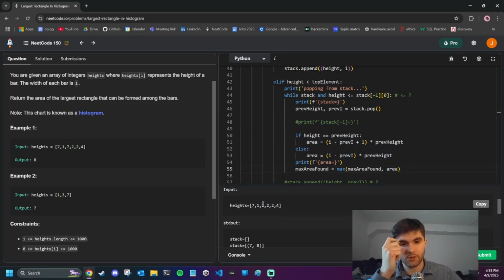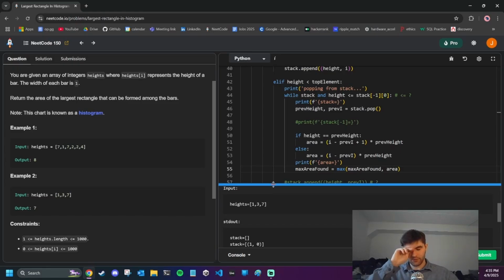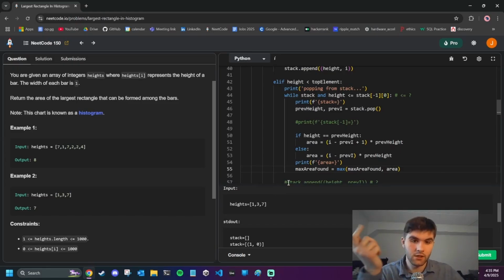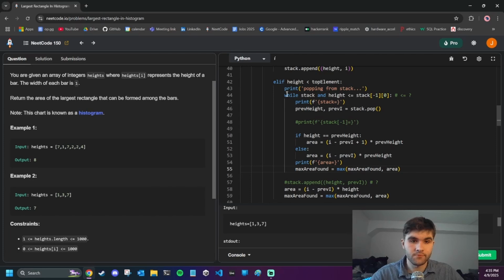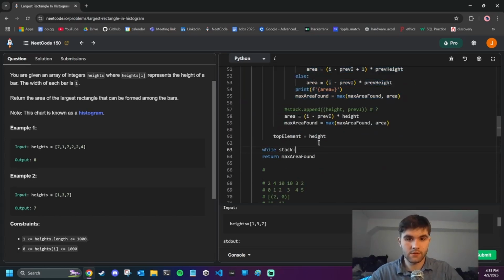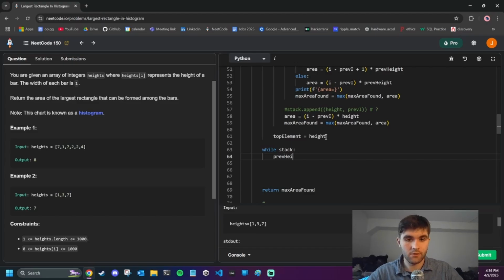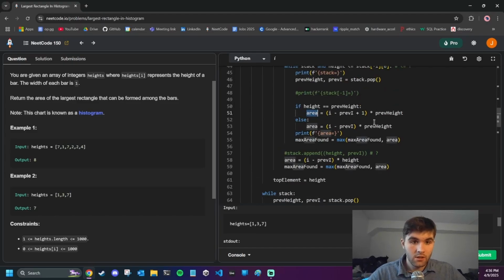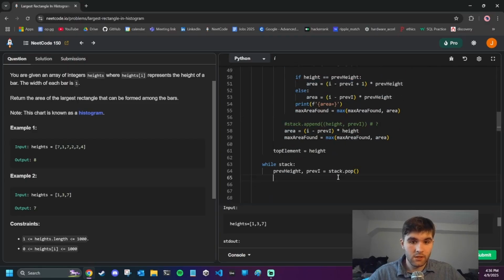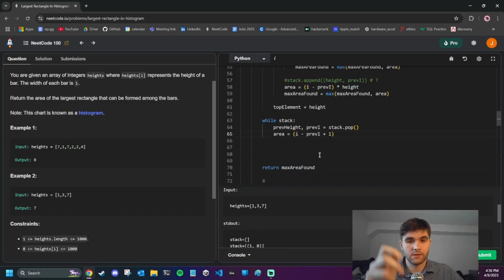Because if it's the last element, what about the other one? The other one doesn't work? Yeah, so in both these cases, if we always increase, we never pop from the stack. So I want to just do this again. So while stack, what I'll do is say previous height, previous index equals stack.pop. And then we'll just say, because these are all increasing,